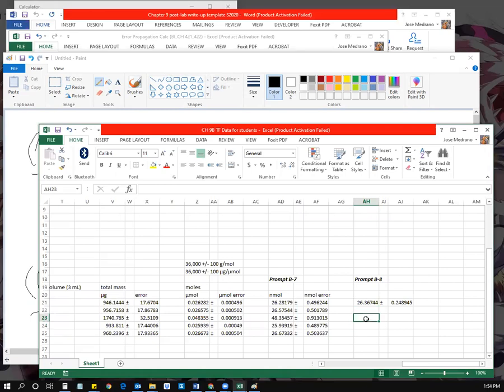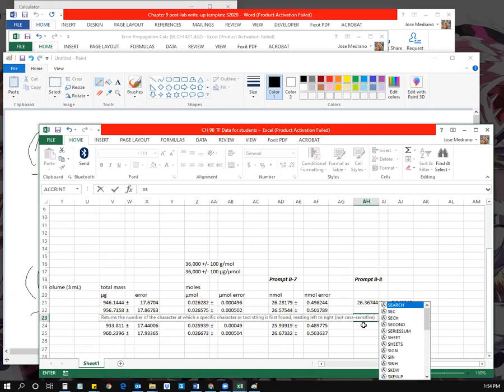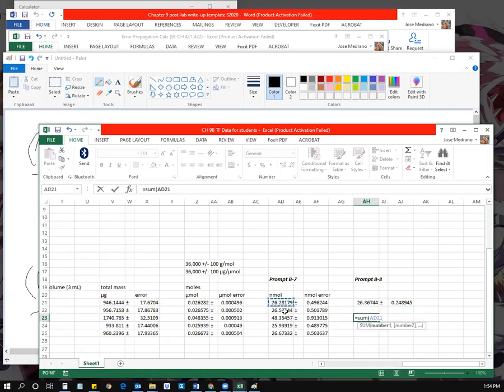The first part, again, will be the sum, or I could just put the sum of this value, this value, this value, this value. If I hold down control, I can select multiple cells for a sum. And then I'm going to divide that by 4 because that's what the average is going to be. And of course, I got the same value that I got before when I used the error propagation calculator,